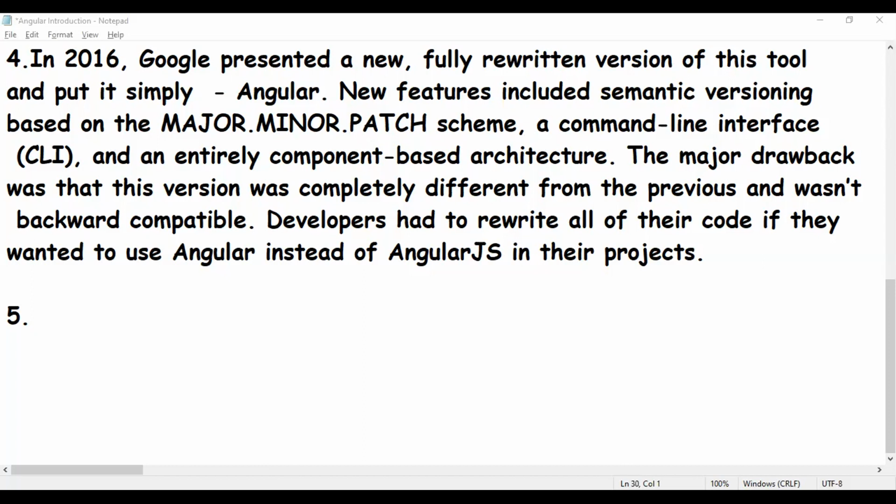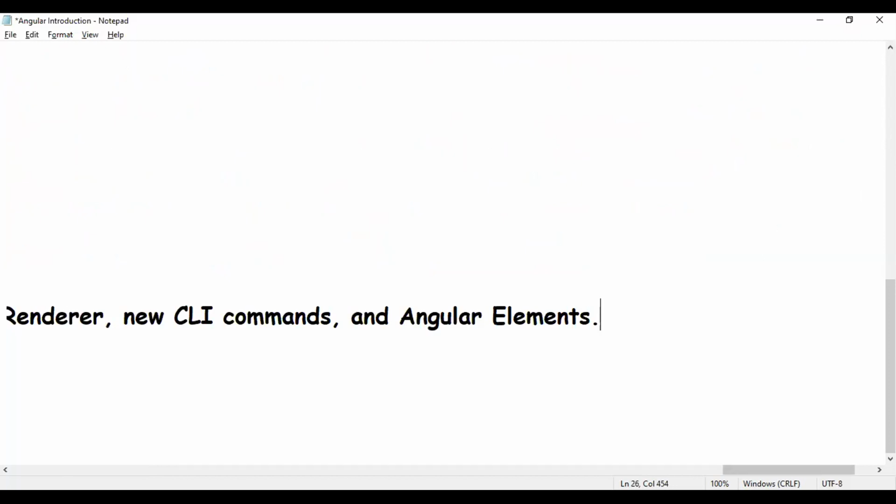So Angular 6, released in May 2018, introduced the Ivy renderer, new CLI commands and Angular elements. Let me put that fifth point here.